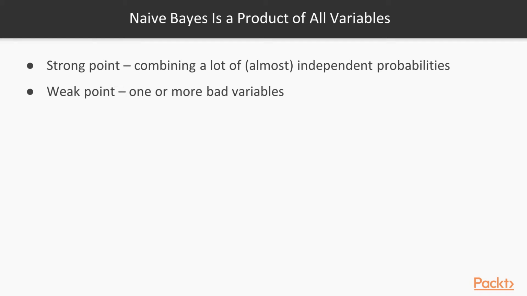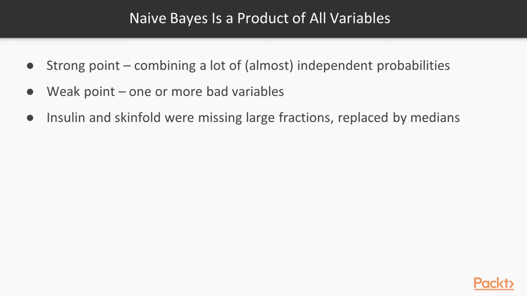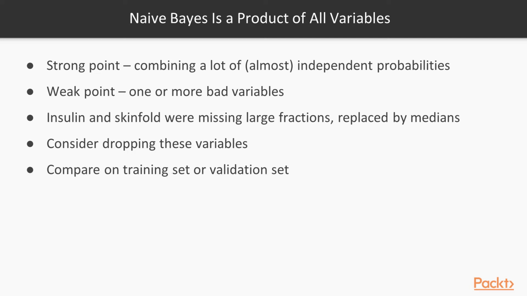on this dataset. However, Bayes must use all probabilities, so it's vulnerable to bad variables, and our insulin and skin fold variables were about half and a third missing, respectively, and replaced by medians. So it might be worth seeing if Bayes would work better without them. To test this, we'll have to compare on the training set, or else on a validation set carved out of